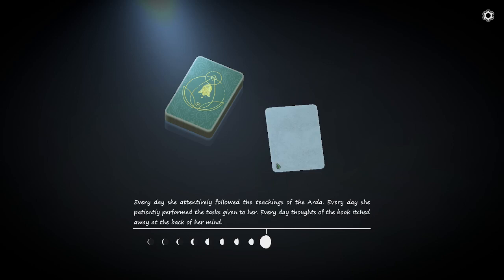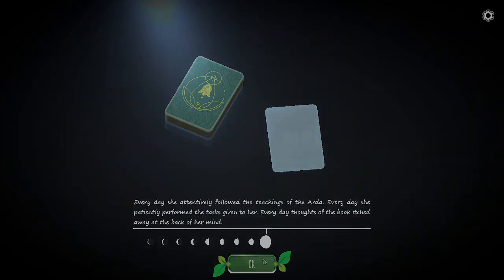Every day she attentively followed the teachings of the Arda. Every day she patiently performed the tasks given to her. Every day thoughts of the book itched away at the back of her mind. The moon is almost full. The card is blank. But I'm wondering...